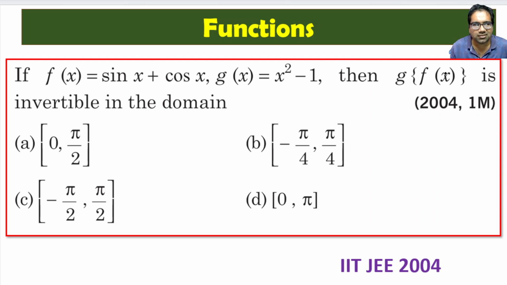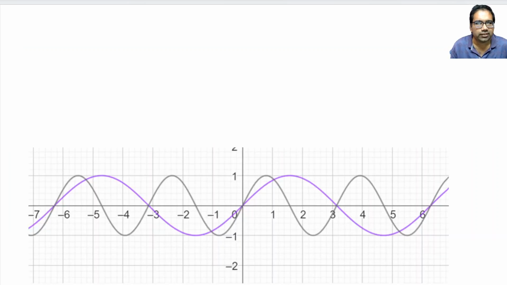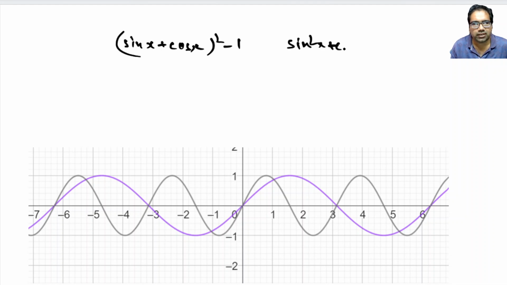First, let us find out what g of f of x is. f of x is sin x plus cos x. So g of f of x is, in place of x, we have to substitute this. Basically, (sin x plus cos x) whole square minus 1, which is nothing but sin square x plus cos square x plus 2 sin x cos x